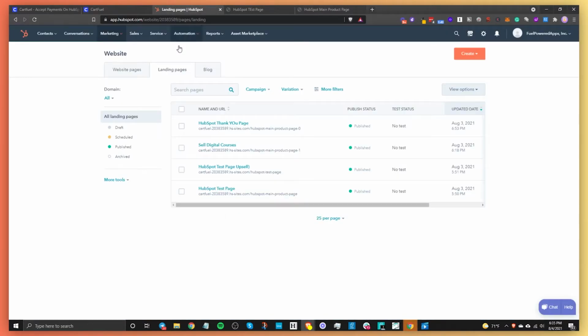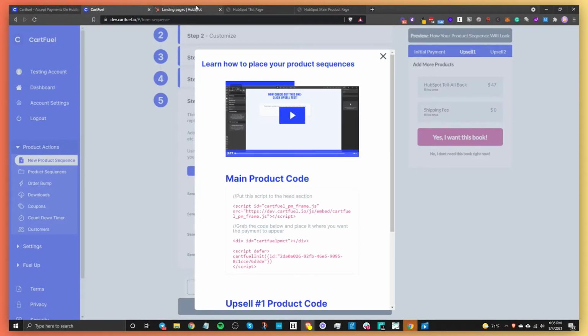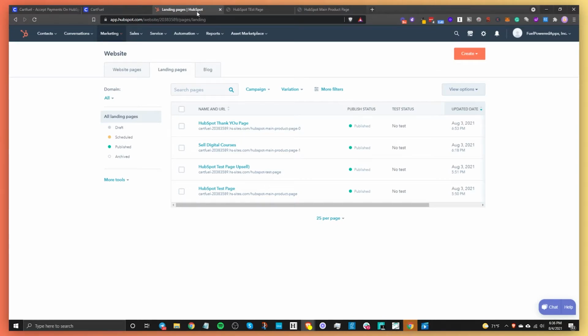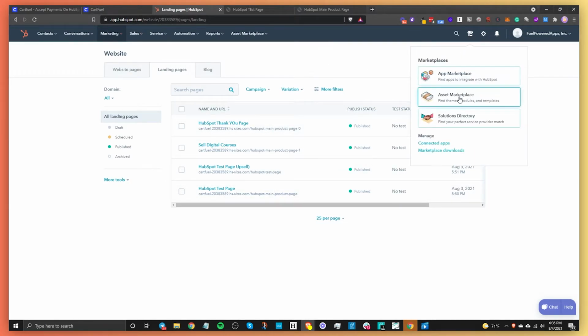Then the next thing you're going to do is go to your HubSpot account. This doesn't have to be on HubSpot. You can literally paste this anywhere. In this case, we're just using HubSpot, but you can literally use WordPress or Webflow or any other website builder that accepts embeds. So we're going to go into our HubSpot account, and we're going to go to the asset